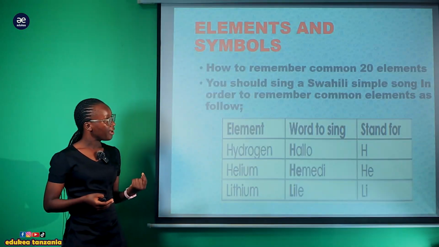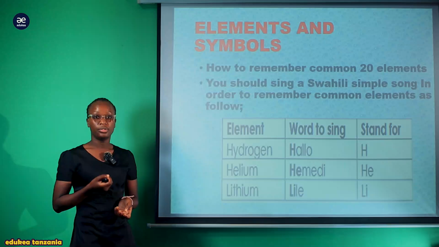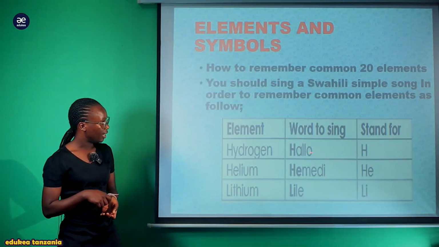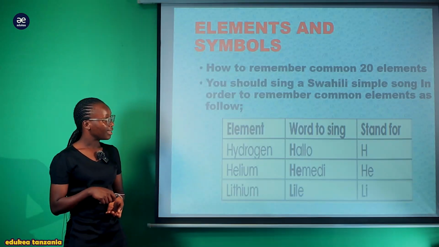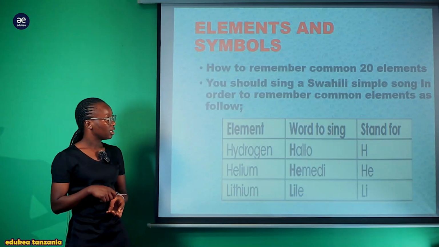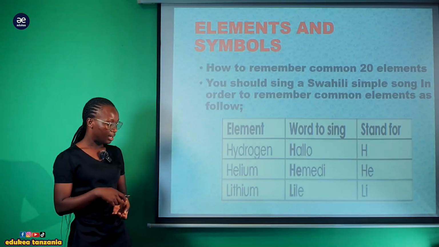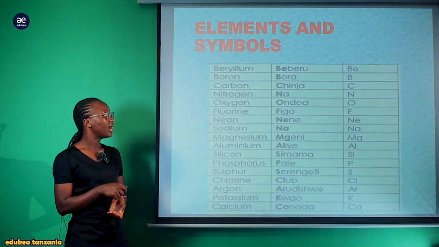You can see here, for example, I can demonstrate for you this word to sing. There is halo, Hemed, lile, beberu, bora, chinja, na, ondoa, figo nene, na mgeni aliyesimama, pale, Serengeti, club, arudishwe, kwao,